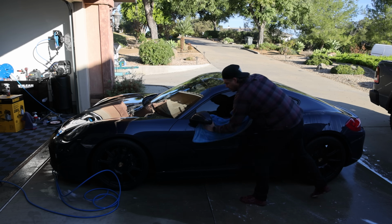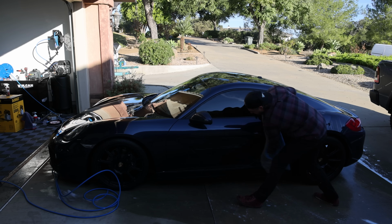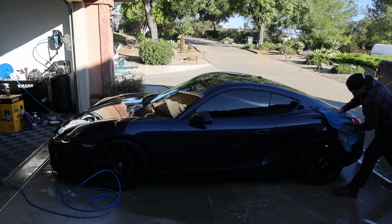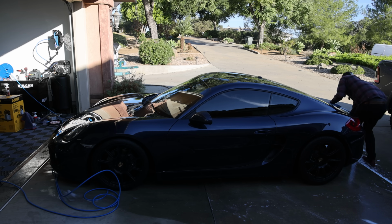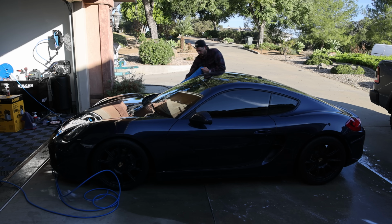So we are leaving some streaking behind, but again, not bad. The majority of the water is definitely coming up. Very easy to work with this size of towel. Again, this one's 20 by 40. Okay, we're almost done. Got to get this back section here and then a little bit more on this rear quarter. And then we will call it mirrors,